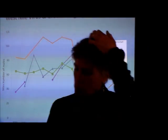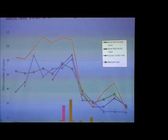We're quite certain that sage grouse had no defense against West Nile. In fact, in Colorado, they collected blood from I don't know how many hundreds of sage grouse to look for antibodies to West Nile that would